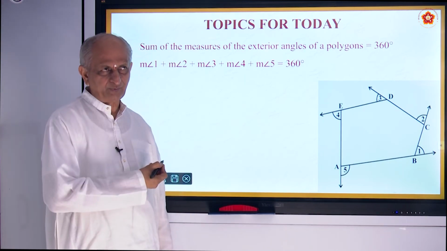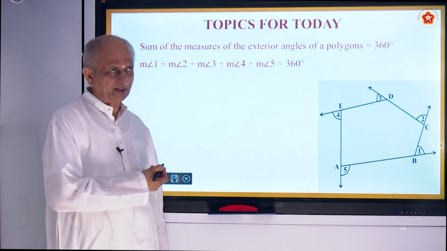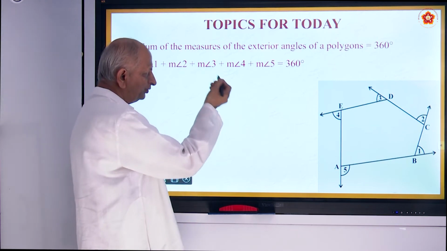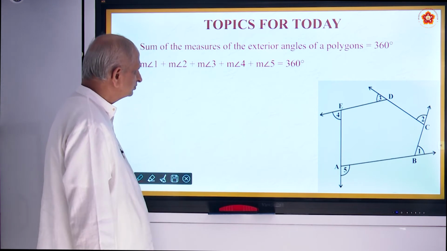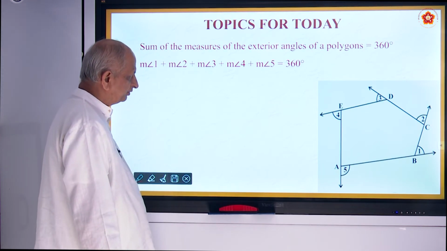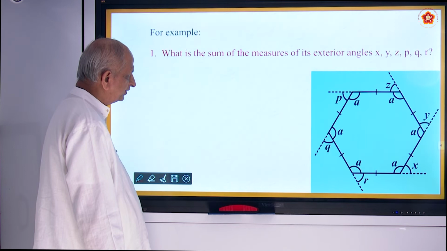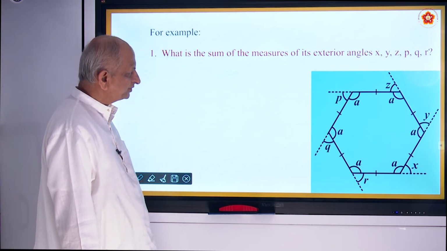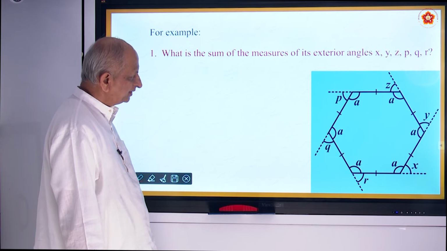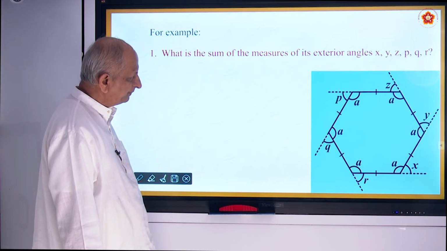Just as you had for a square or any quadrilateral, the pentagon also holds good. Suppose you make a hexagon, the sum of all the exterior angles will be equal to 360 degrees. That is the meaning. What is the sum of the measures of the exterior angles x, y, z, p, q,